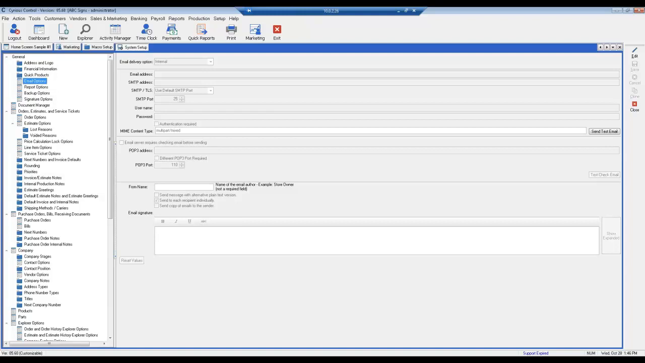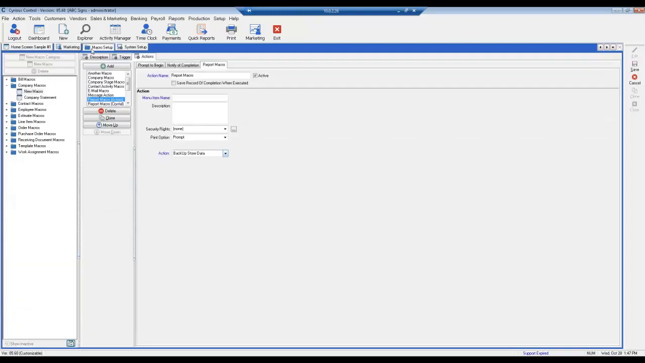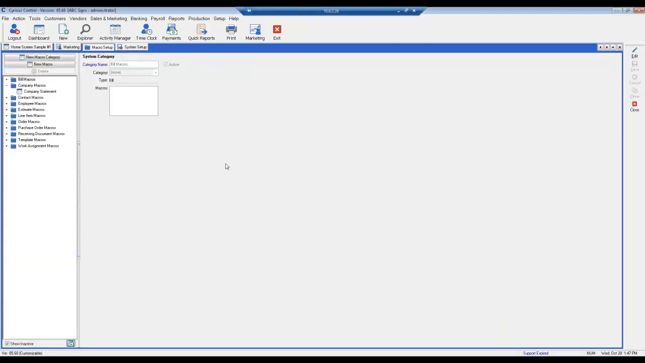Okay, next question is, I think half of this can be done, but the other half can't. The question is basically, someone would like to email a payment receipt when they receive a credit card payment over the phone. So with that, now that I think about it, basically what